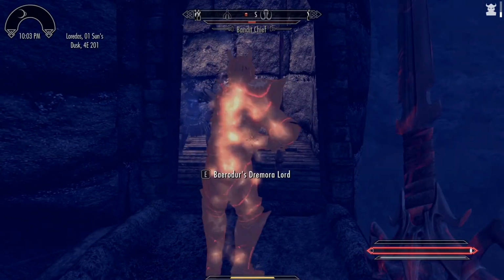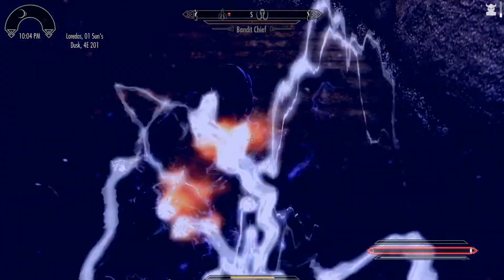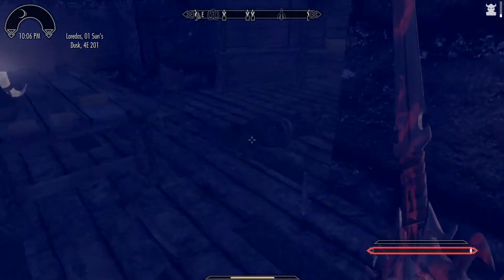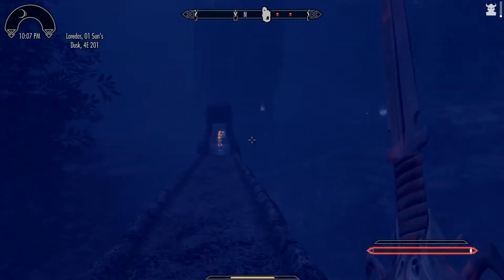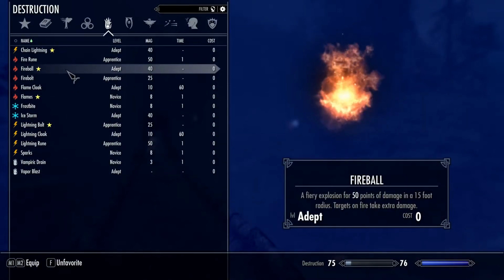Oh, the bandit chief. The bandit chief came all the way out here. He's always got this Apotheos armor, which is very nice. We should just take it. These guys are headed over there. Let's help them out with some